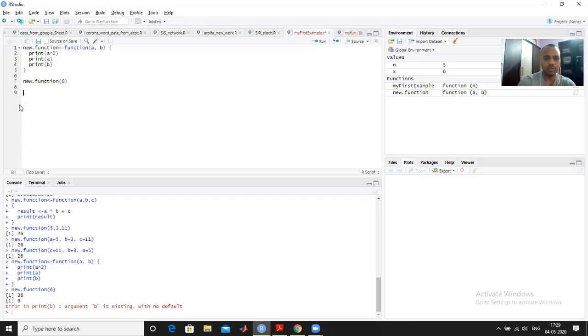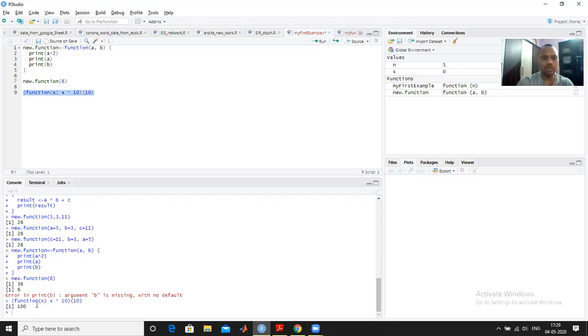If I call this function, it returns the output 100. Now suppose I take x and y and change it to x plus y, multiplied by, and suppose I write here 10 into 10. So now what will be the output?